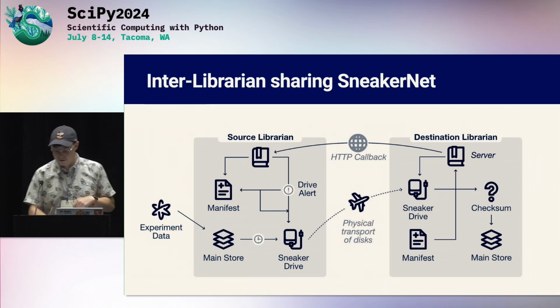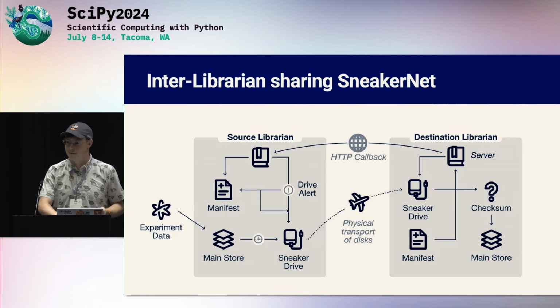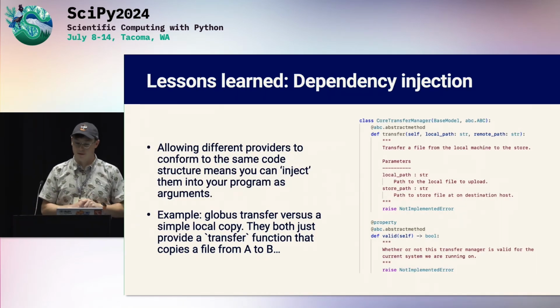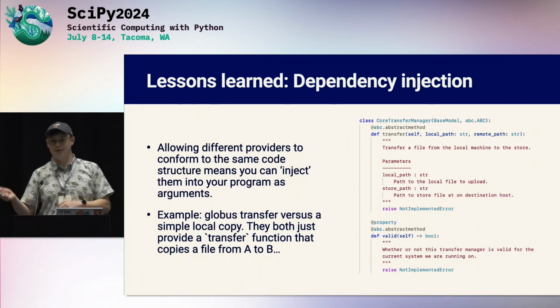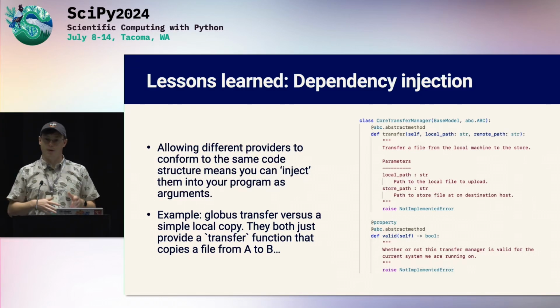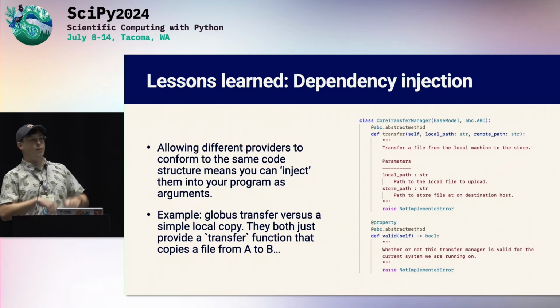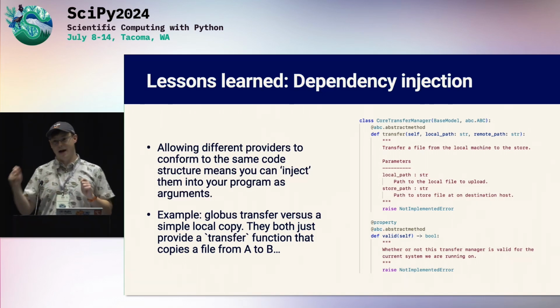I want to end with some lessons that we learned whilst we were building this, that hopefully you can apply to some web services that you'd like to build. We found dependency injection incredibly helpful. Dependency injection is a programming technique where you specify the dependent services that your program needs to use in a homogeneous way. So when we say, I would like to transfer a file from path A to path B,